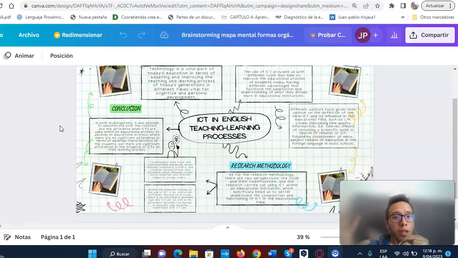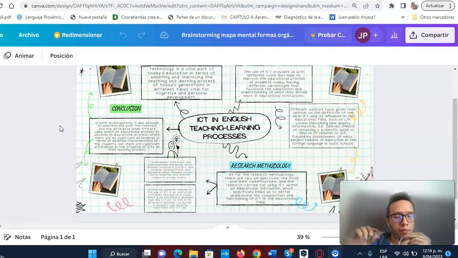So we need to take into account as teachers that the students have more adaptability with technology than with explaining with a speech or with the board or with books or with text. So basically, we can help them better adapt and improve their teaching and learning process because we are helping them get motivation if we use technology tools that generate motivation to learn more about the topic or the subject. So that's the reason why technology is very important